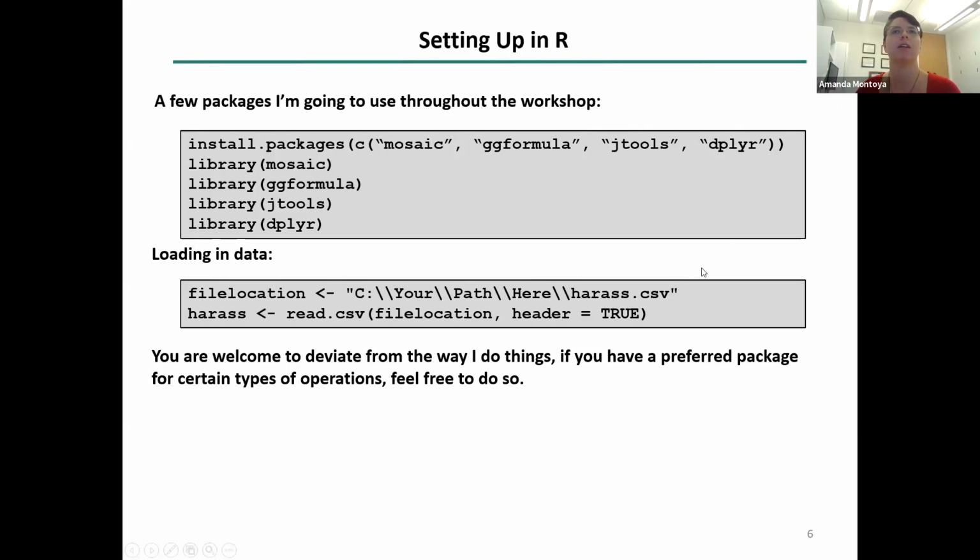So if you are trying to run code that I've given you and you don't have the right packages loaded, it's probably one of these 4 packages. And then typically I just use the read CSV function to read in data, but you can use whatever functions you prefer. If you know of another way to do the same thing that we're doing, oftentimes, especially in R, there's like 80 bazillion different ways to do the same thing.